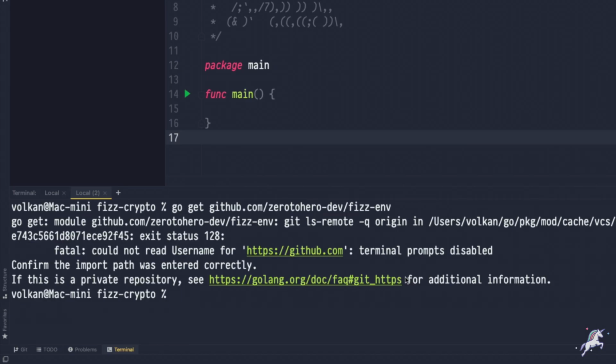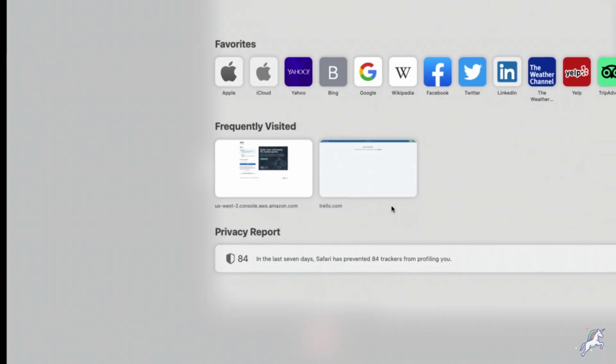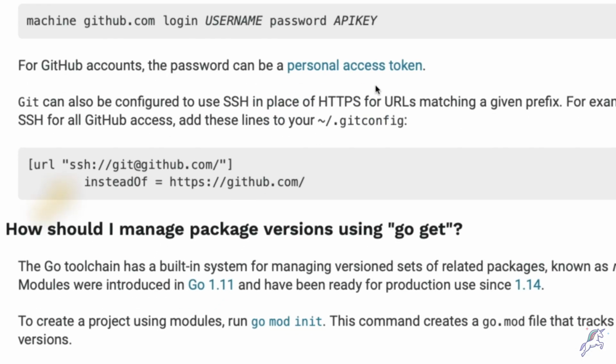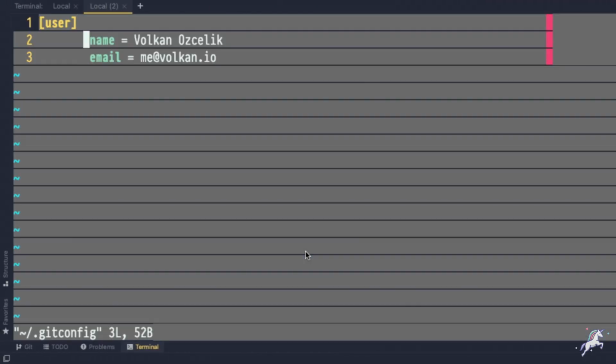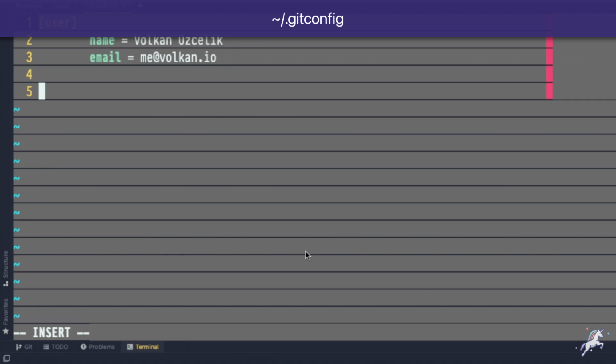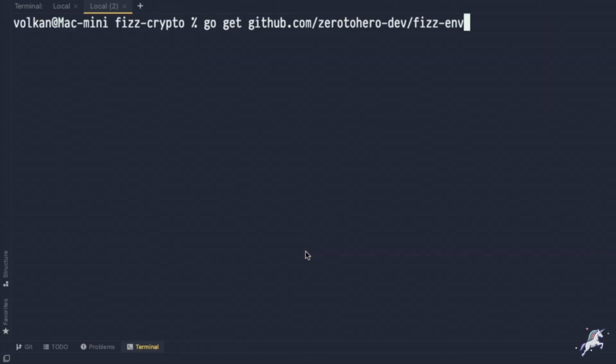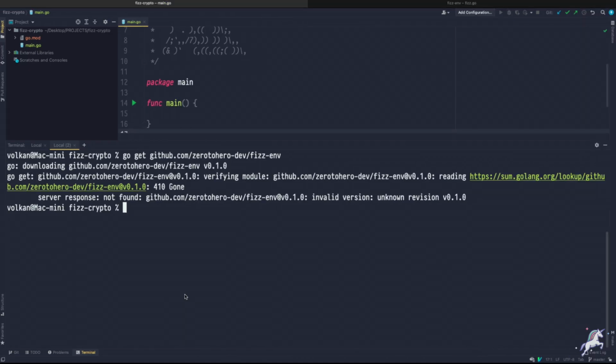That's normal because phys-env is a private repository, and luckily the error message also provides me with a helpful link, so I'll open up that link and follow the instructions there and update my git config as recommended. So let's vim git config to edit my git config file and paste the configuration that we got from the web page to this git configuration file, which is my .gitconfig file in my profile folder, and save and exit. And now when I go get github.com/0to-hero-dev/phys-env again, this time I get a different error, and now the